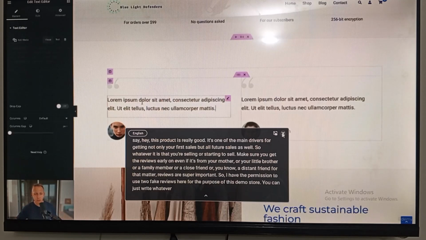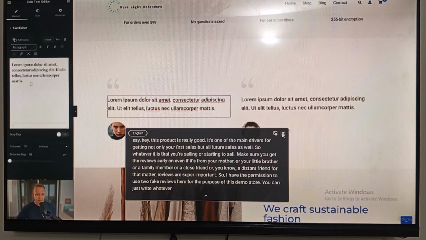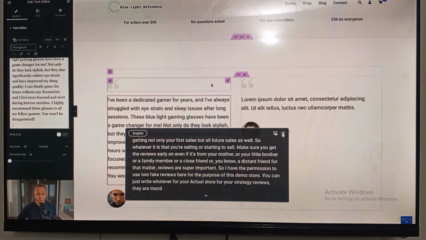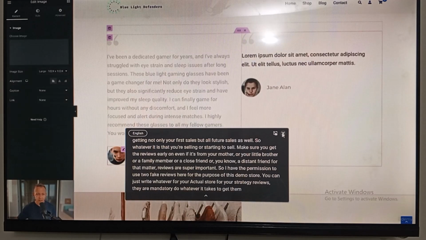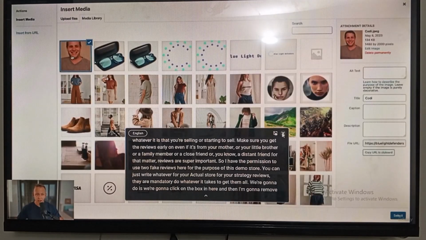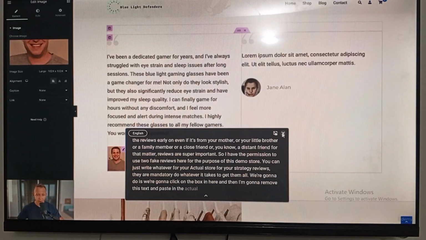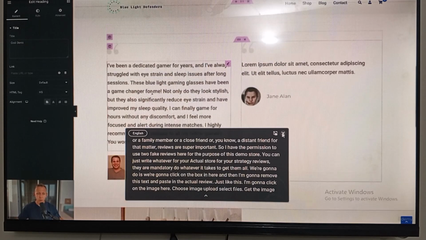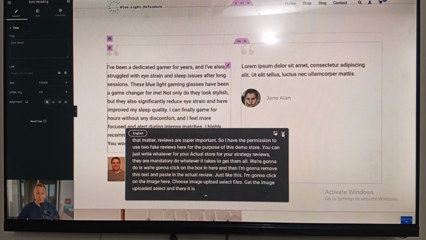All we're gonna do is we're gonna click on the box in here, and then I'm gonna remove this text and paste in the actual review, just like this. I'm gonna click on the image here, choose image, upload, select files, get the image uploaded, select, and there it is. And then we're gonna change the name, and it's going to be Cody Davis. There we go. Now, once again, this is a fake review, but I have the permission to use Cody's image